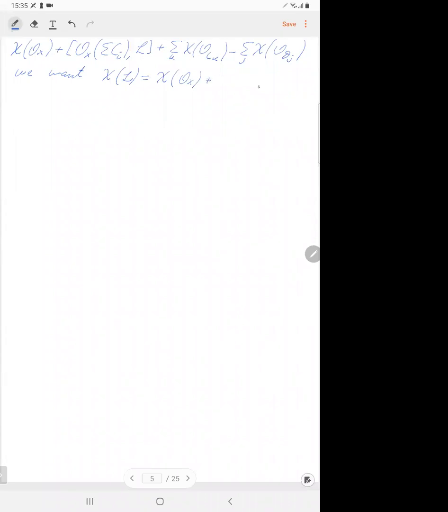Plus, minus, plus 1/2 the pairing of L with itself tensor the negative canonical class. So we want this, and to this end we need the following equality, that the last 2 terms